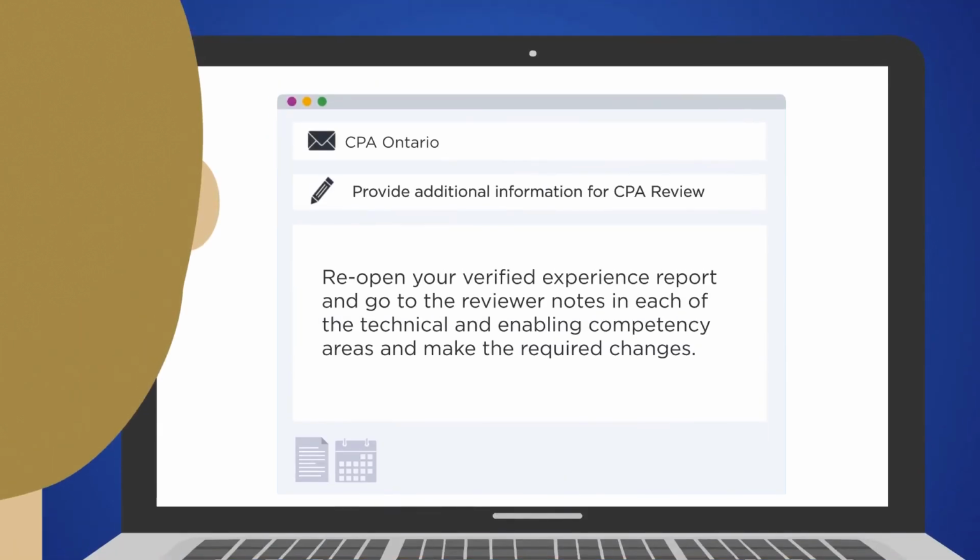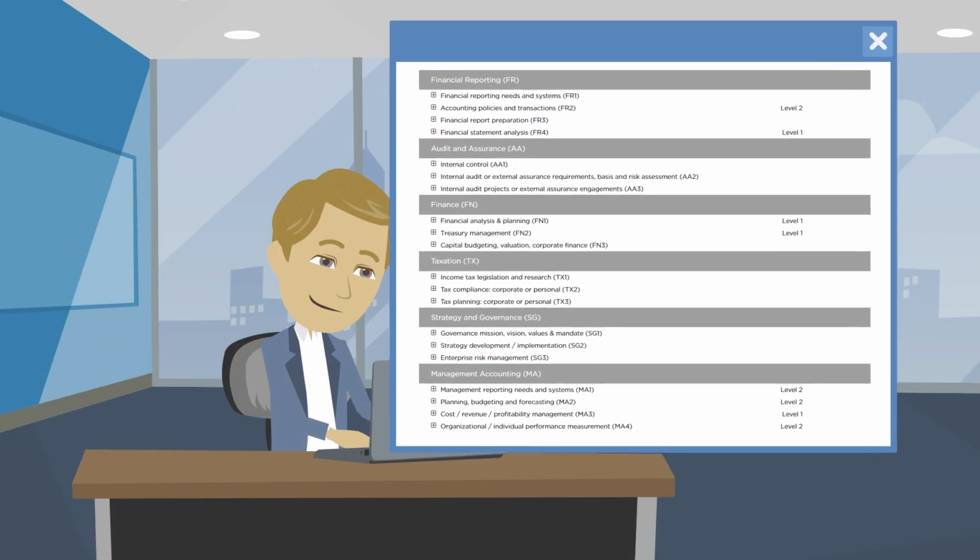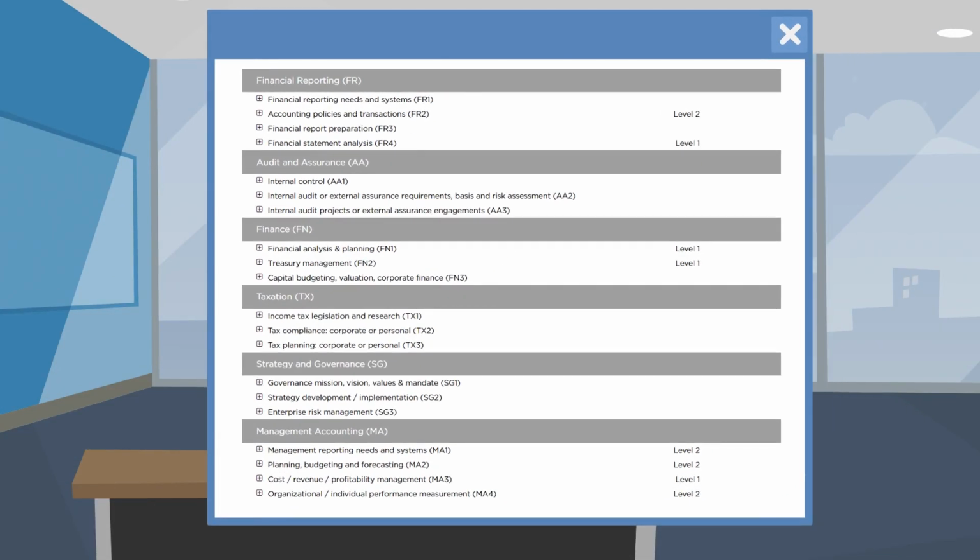He reviews the first step in the email. He then reviews the technical competency areas, noting that the reviewer has left a comment in MA4, Organizational Individual Performance